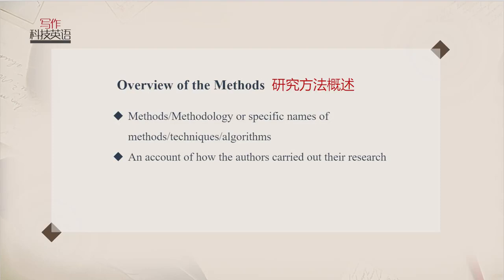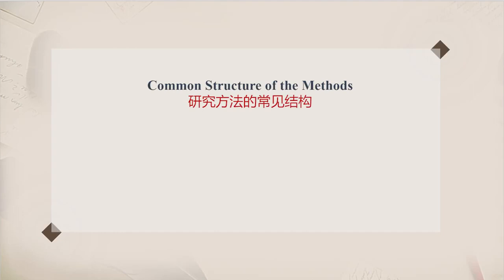这一部分通常用来说明作者的研究方法和过程。如果涉及到实验，有时也会分为 design 和 experiments 两个部分。This part should be clear and detailed. 这部分应该叙述清晰、详尽。下面我们来看研究方法的常见结构 Common structure of the methods. 一般来说，论文的研究方法部分可能包含以下内容